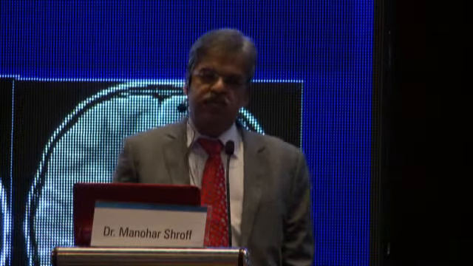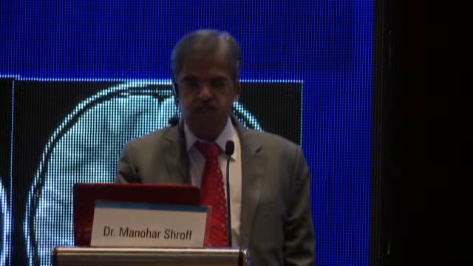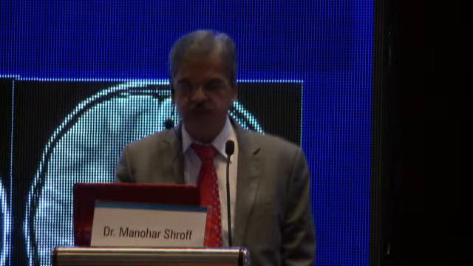Another important thing is to optimize sequences. Now these are the images that I showed you in the beginning, but if you look at this image and you did not know the age of the child, you might think that the white matter is abnormal, it is abnormally bright. But this is at 38 weeks, and you can see that this is unmyelinated white matter on T2 images and on T1 images. This is myelinated white matter, completely myelinated at 6 years on T1 and T2.